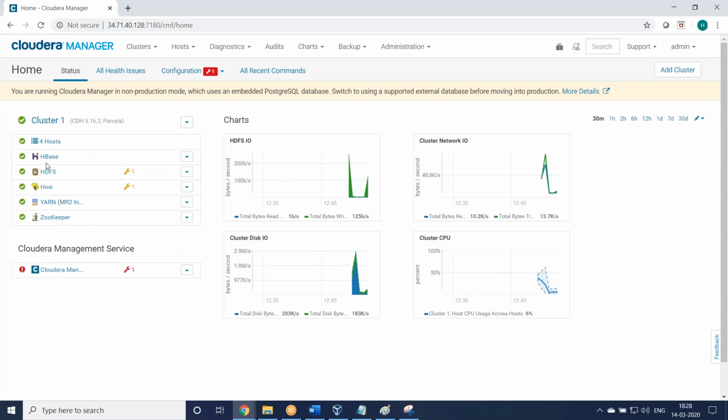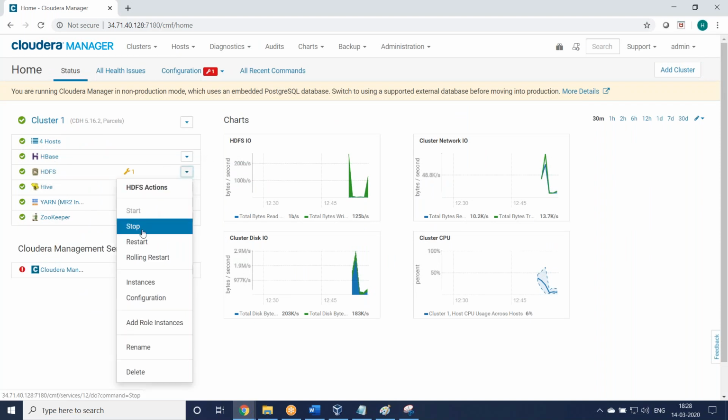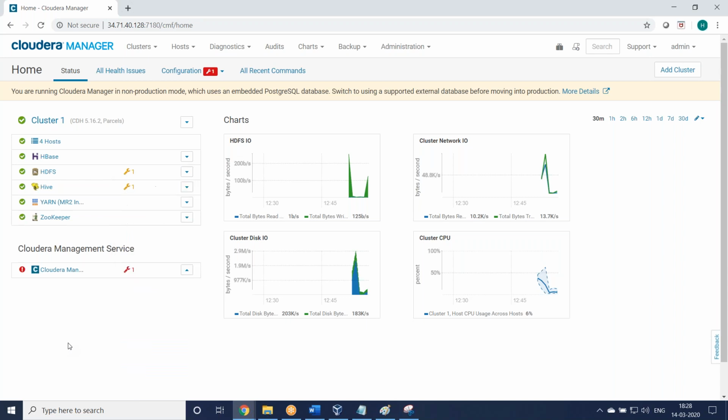And service wise, if you go to HDFS, you can stop, restart, rolling restart, instance, configuration, add a role, rename, delete. This is service level. Okay, so first we'll load some sample configuration files into Hadoop.